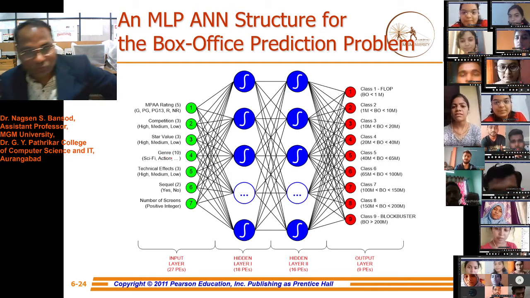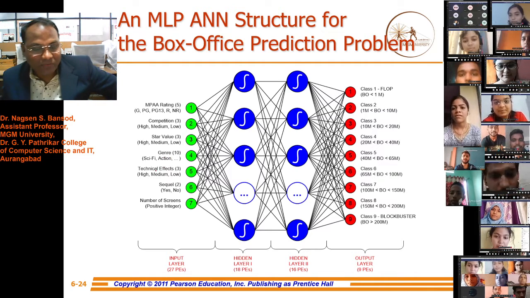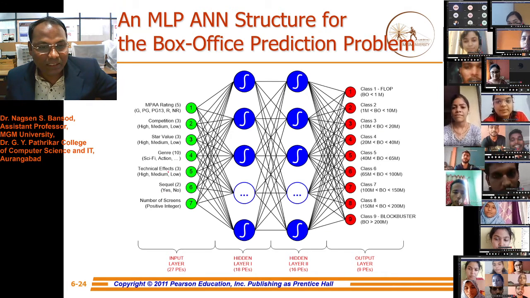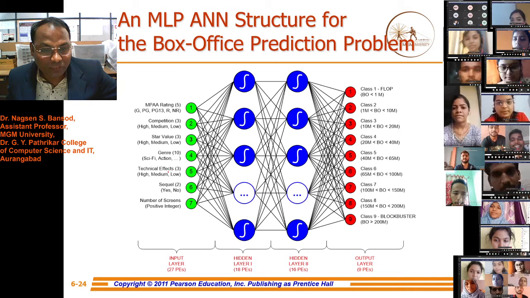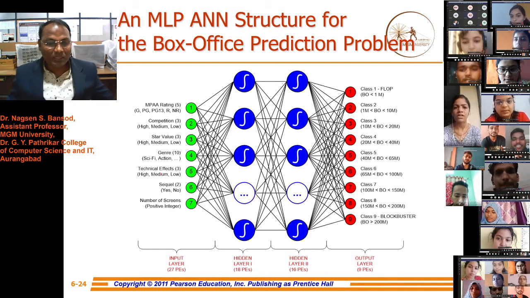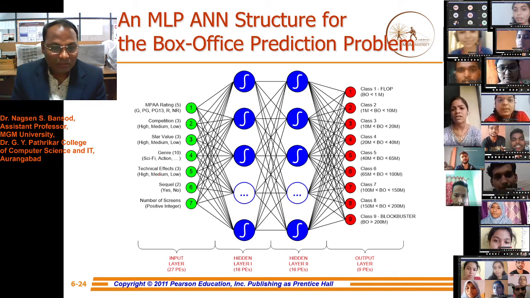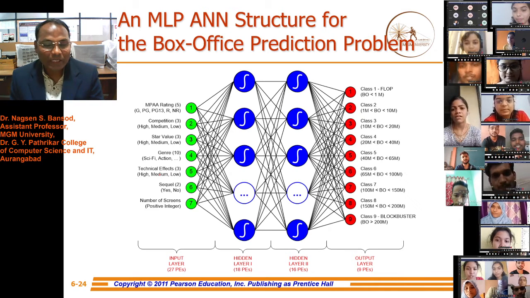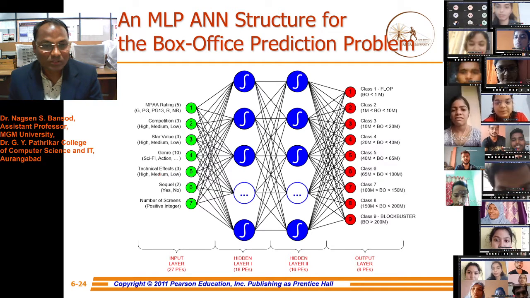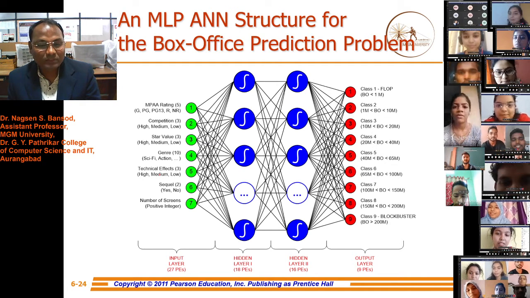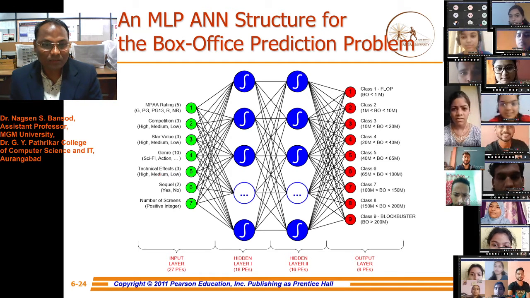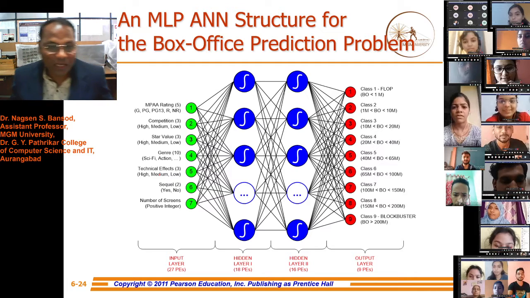Genre values we select, like sci-fi, action movie. There we select 10 input features. Technical effect in the movies, like action, high, medium, high resolution graphics, very good sceneries. We select three features from the technical effect for the neural network, high, medium, low.